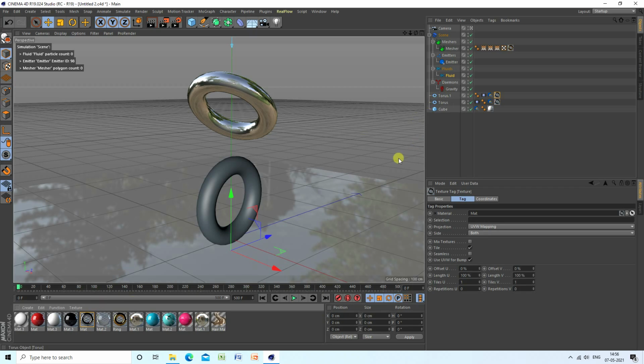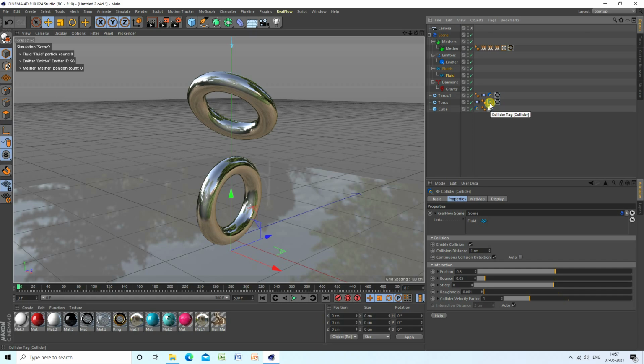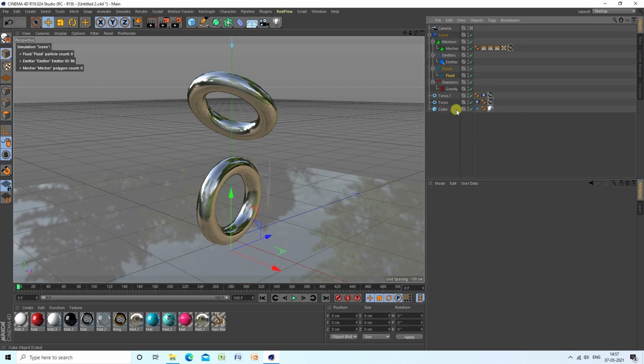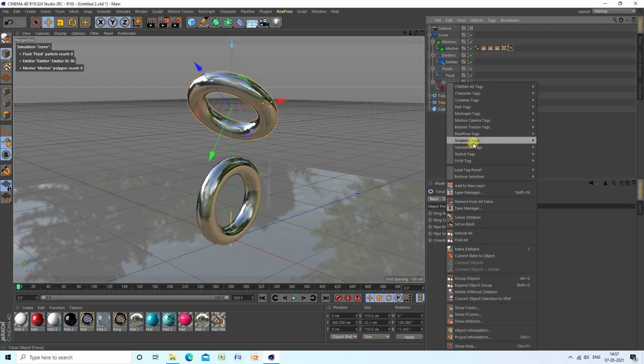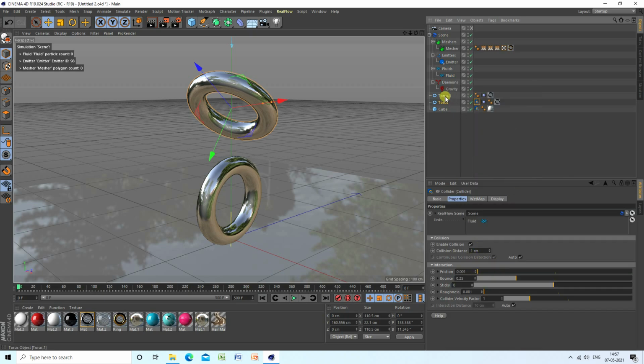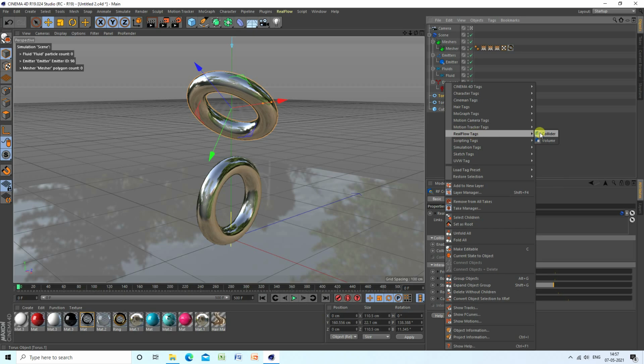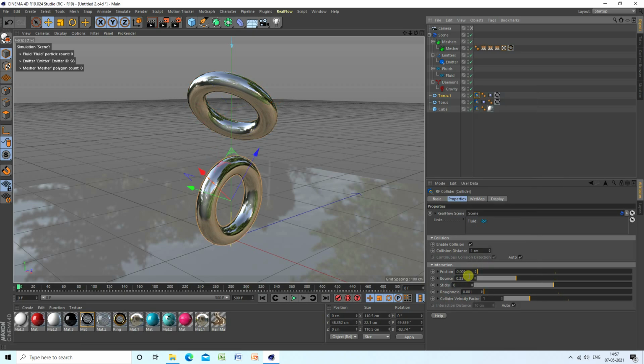Okay, so now guys, delete this tag, select and right click and go to RealFlow, simple, and again RealFlow, simple.